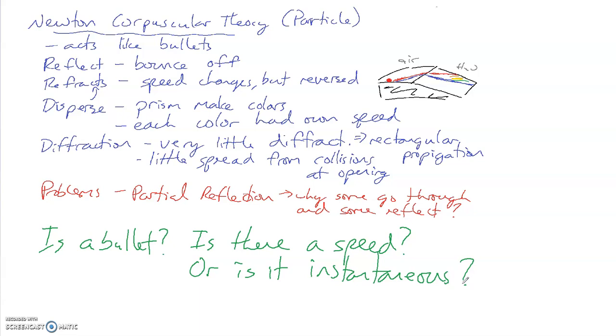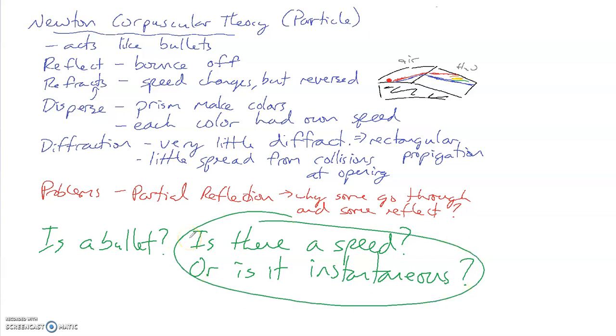This is one of the big questions for light that lasted for a really, really long time, and lots of people tried to figure this out. In the next video, we're going to look at some of the major experiments and major steps that were done in order to try and figure out this question right here, because that's a big one. Okay, so we'll start looking at that a little bit next.